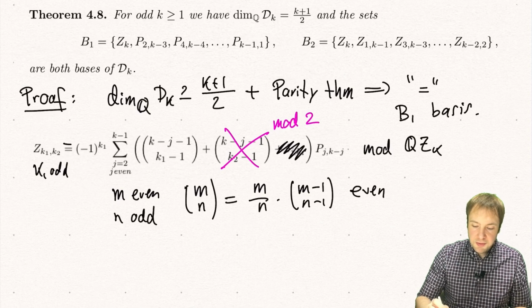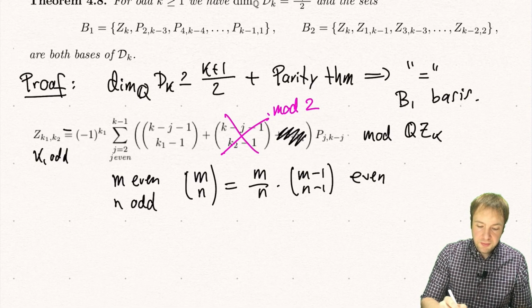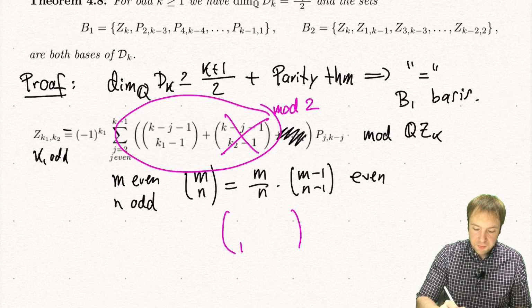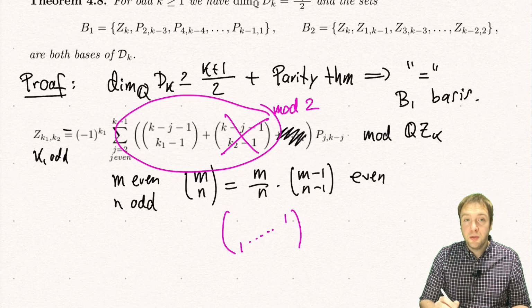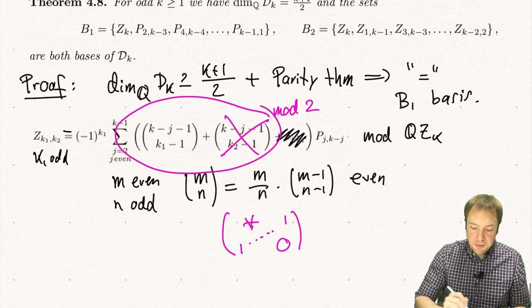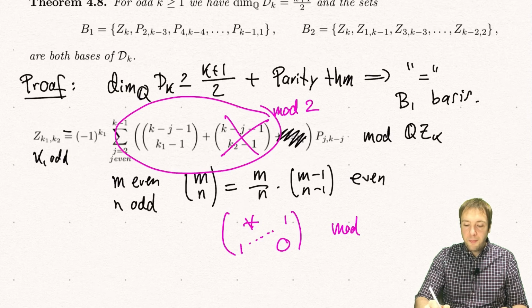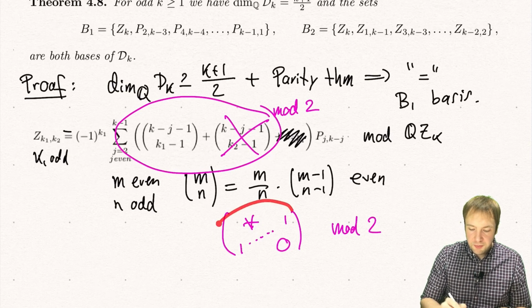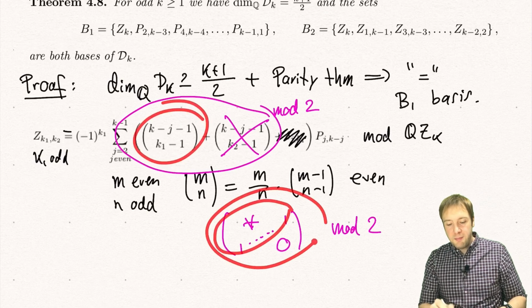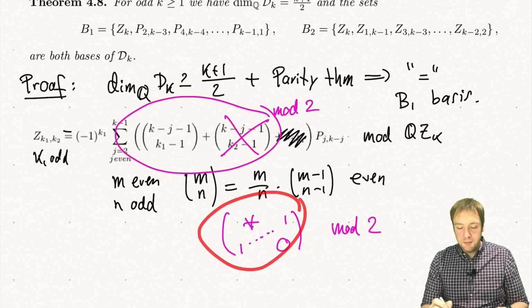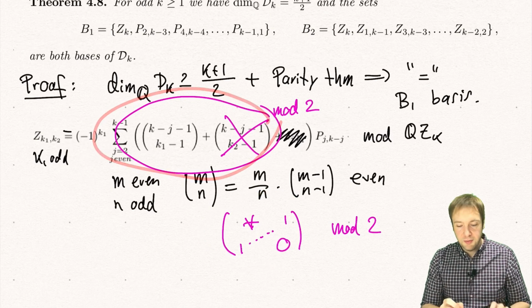And then you can see that modulo 2, this matrix with these entries here has a form like this. It has 1 on the diagonal and zeros on the bottom right and something here. But this matrix is clearly invertible, because we see by this formula that the determinant of this matrix is actually